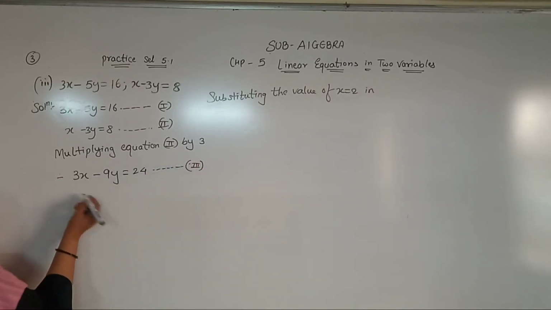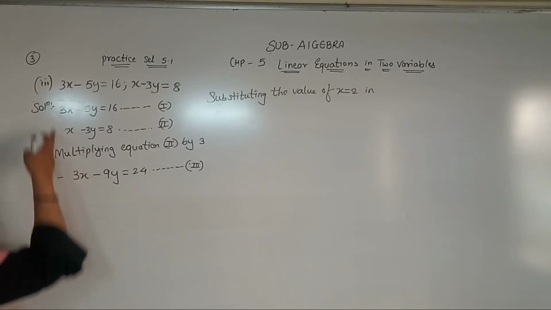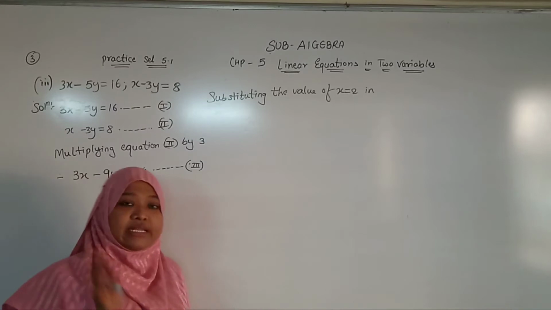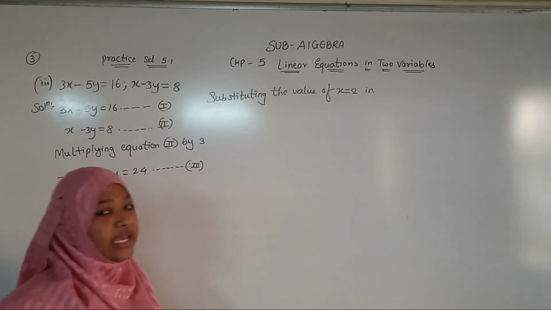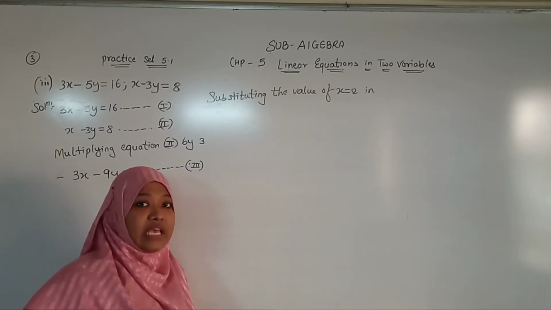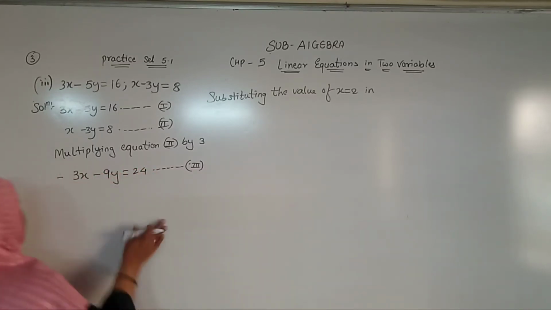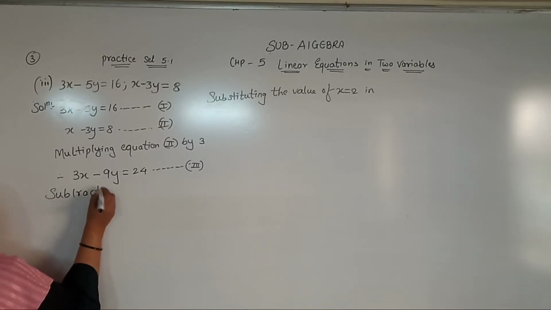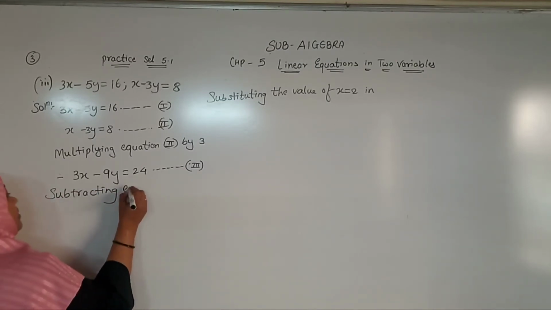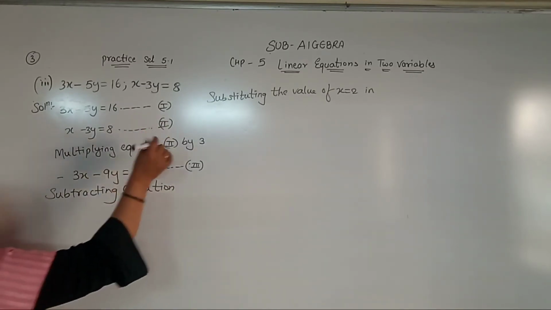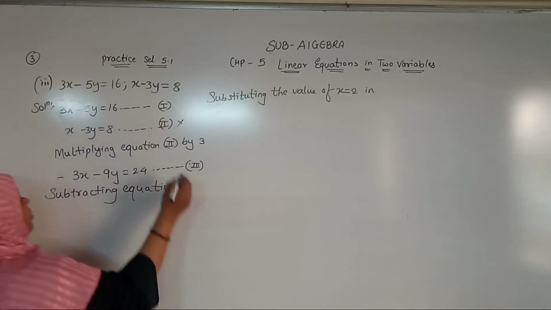Understood? Now I am having similar x terms, isn't it? 3x and 3x. But I have similar sign. If I have similar sign, then I am going to subtract. Okay. So like this, subtracting equations. I don't want to see equation number 2 right now. Now we are going to subtract equation number 1